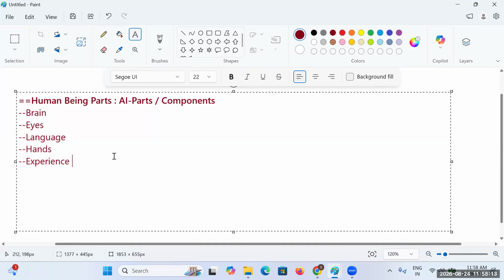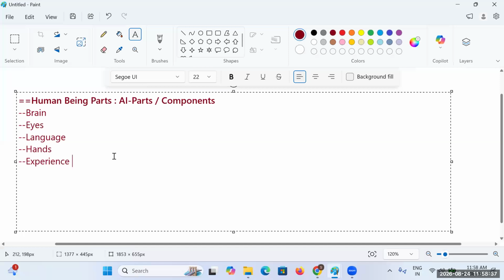The brain, the eyes, the language, and that particular experience. Right now, the same thing has been replicated with the help of AI.